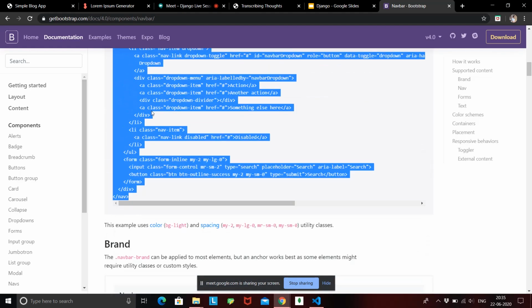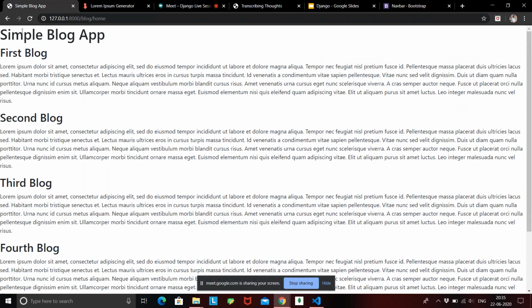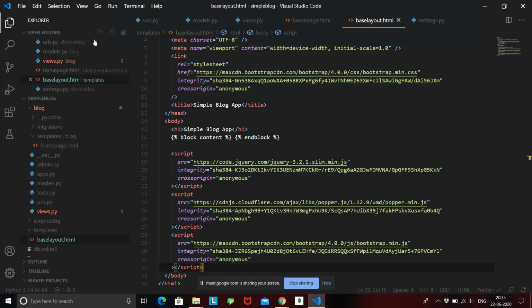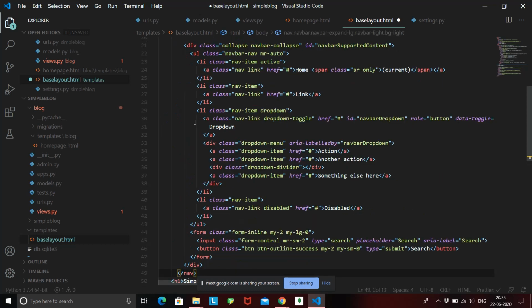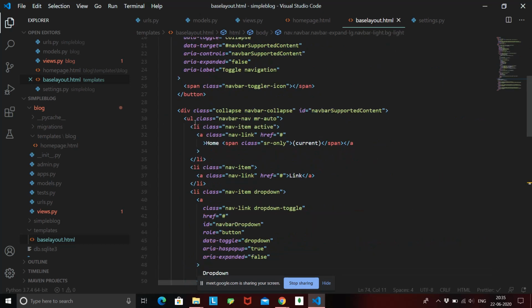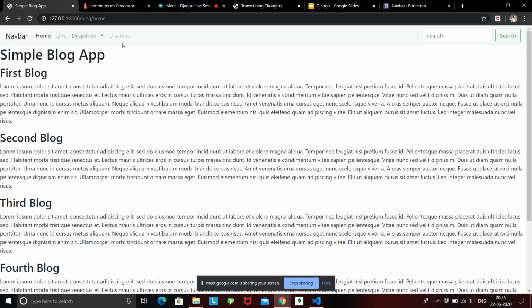till here, at the end. Just copy it and paste it. Where do we need a navbar? We need a navbar at the top of the page, that is above this heading. So above the top of this heading here, we can just paste all the code that we have just copied from the Bootstrap documentation, save it, and if we go back and hit enter, you can see a navbar is created inside the main page.